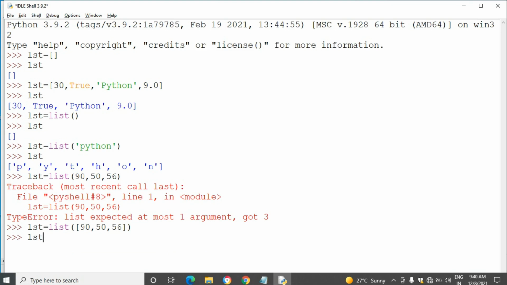We should take all the elements within a single list format. See, the elements have come in the list format.